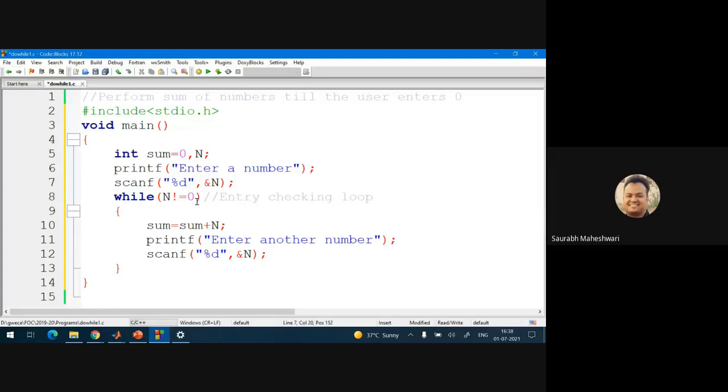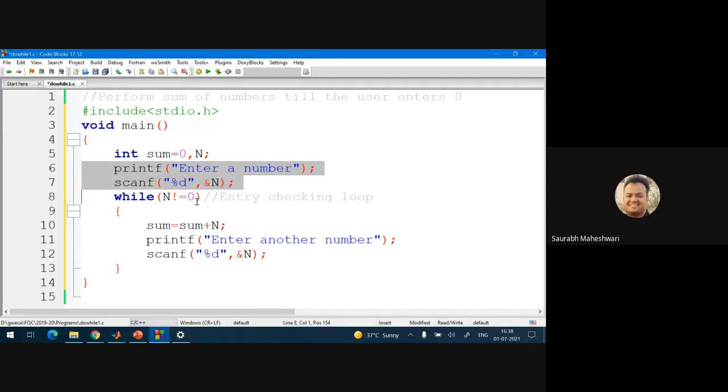Now here you can see a problem, because this is a kind of program where at least one input is required for this particular objective.